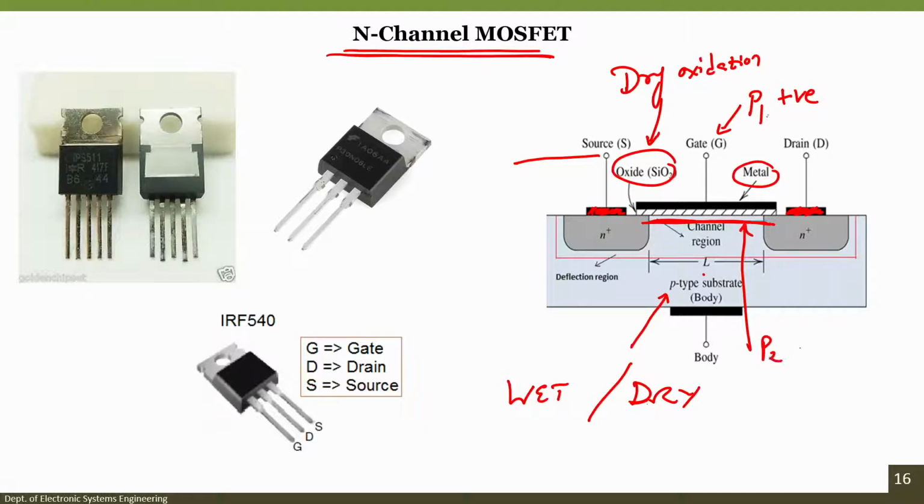You can say plate 1, plate 2, and there is an oxide between two plates. So, if there are two plates separated by a dielectric or air, it becomes a capacitor, right. So, this forms a capacitor: gate, oxide, and the n channel that is created because of the gate being positive with respect to the source, alright. So, the point that I am making is we can fabricate n channel MOSFET, we can fabricate p channel MOSFET, we can fabricate CMOS, all using the microfabrication techniques.